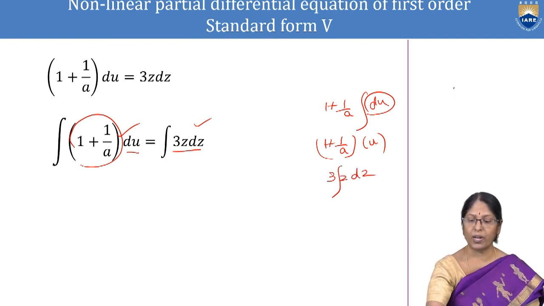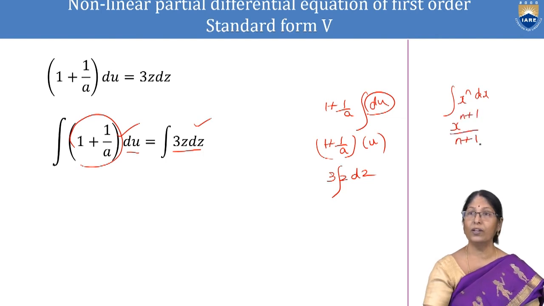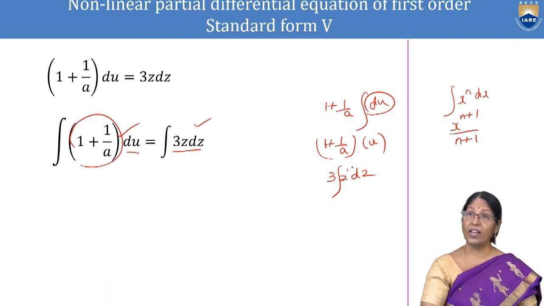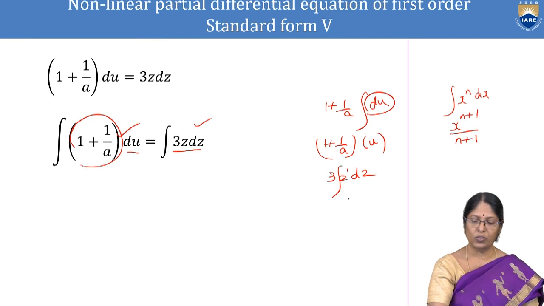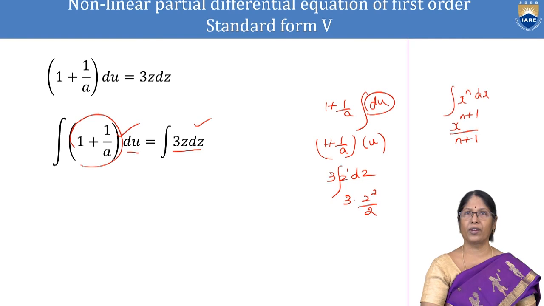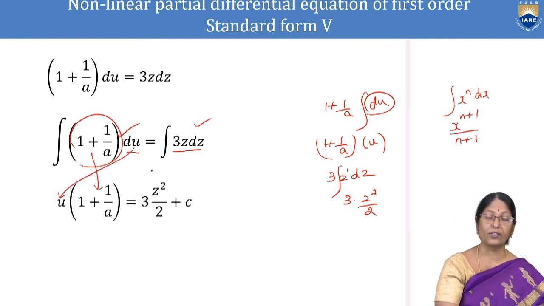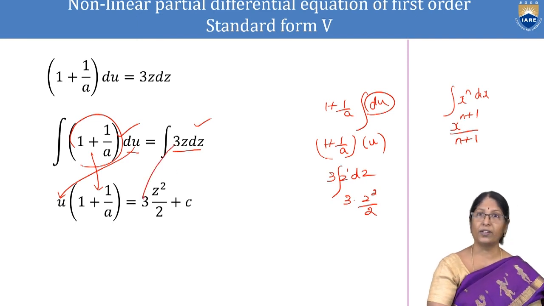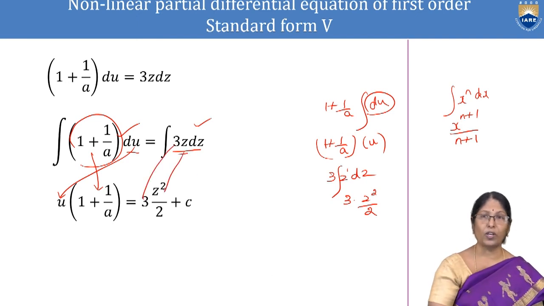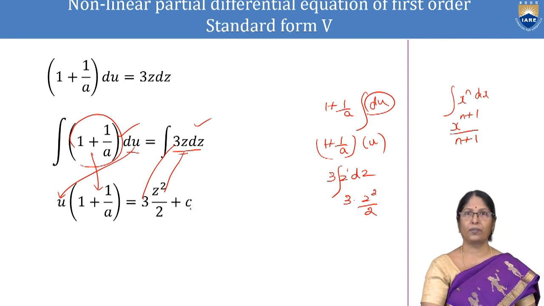The integral formula is x power n dx, it's nothing but x power n plus 1 by n plus 1. So z power is 1 here, that means n is playing the role 1. So 3 into z square by 2. So we did the integration. So du gives u, it is written as it is. 3 is written as it is. Z square by 2 plus c. Now